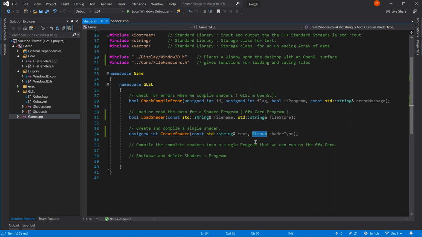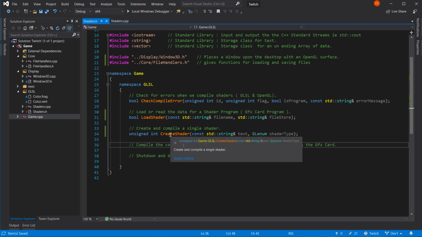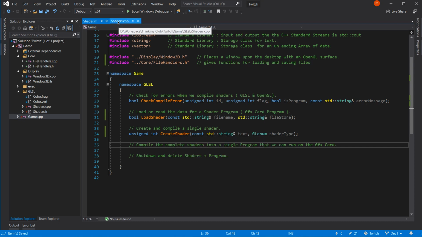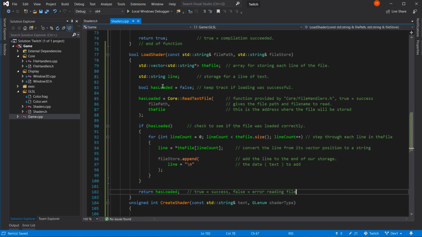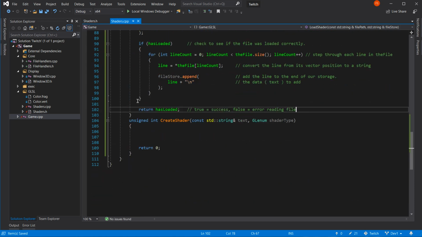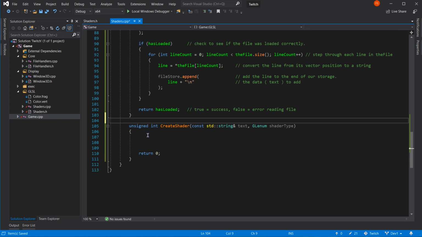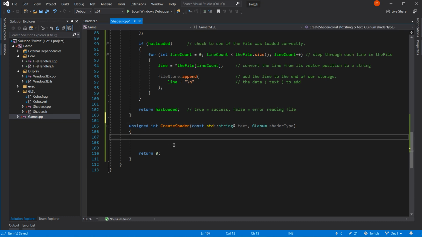Do I use an unsigned int? No, no, we'll do it properly. We'll keep it generic, because I don't know what it's going to be on Linux and Mac. It could be different. And I do need the shader type, I think. Let's have that. And we have create shader.